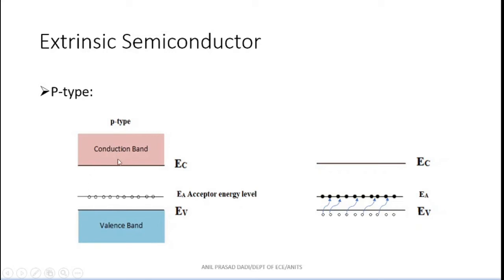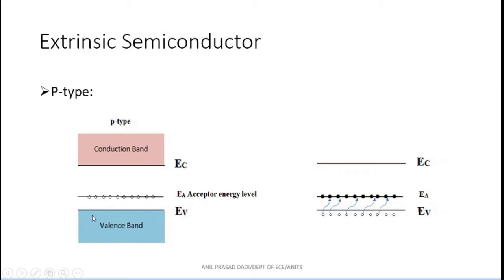Earlier, I had available empty states in the conduction band, but the gap is very large. I have to struggle a lot to move from the valence band to the conduction band. But now you have reduced the distance for your valence electrons to move into the empty states. Got my point? You have made the job of your valence electrons easier to jump from the valence band to some other place, so that holes are being created in the valence band.